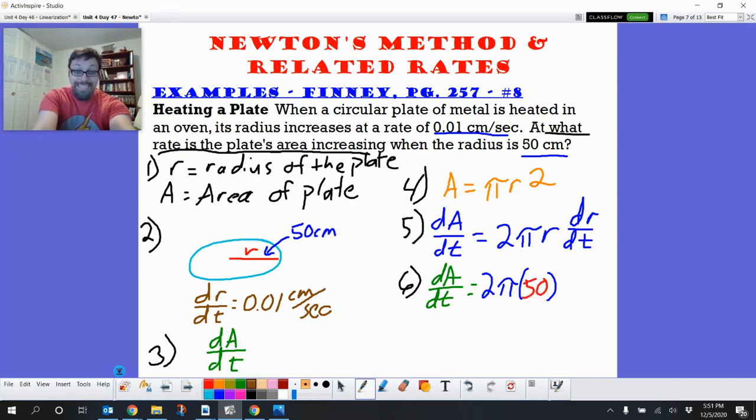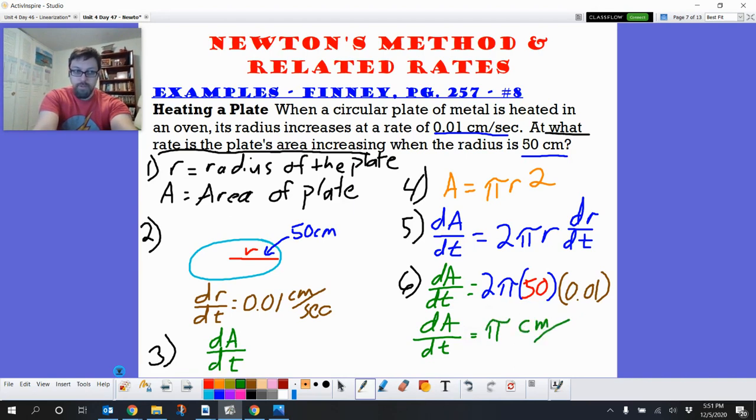And I know the dr over dt. At that time, it's changing at a rate of 0.01 centimeters per second. So 2 times 50 is 100. Times 0.01 is just 1. So dA over dt equals pi